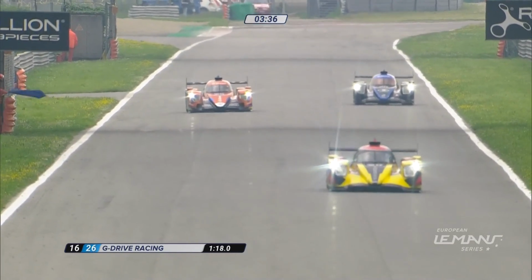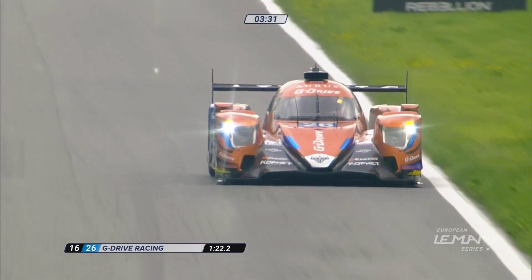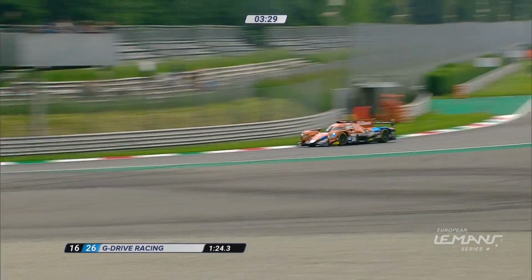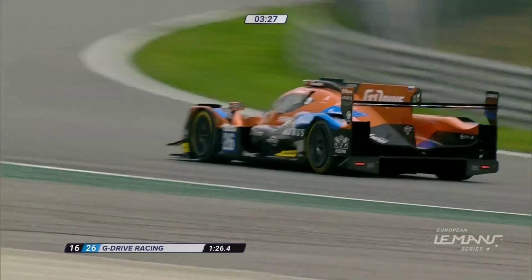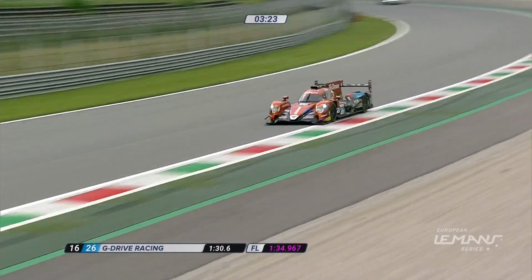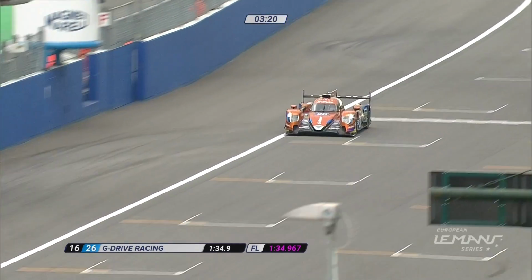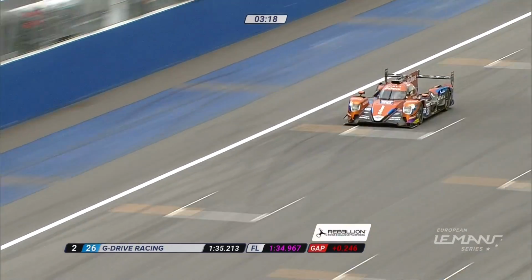Norman Nato is going much quicker this time. Felipe Albuquerque out of the pits now with just 3.5 minutes left. He'll get at best 2 laps, may even be just the one. Here comes Norman Nato. What can he do? He's 16th at the moment. And he will go how far up? Second fastest. Brilliant time,